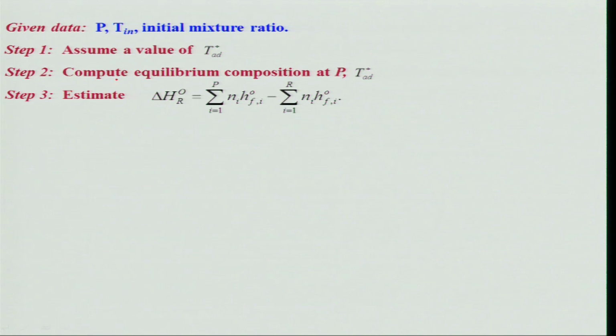So, whatever I have told previously, you need to solve 6 equations to get those compositions, because Kp and other things will be known. So, you will get the composition. Then you will have to estimate the heat of reaction, because you have assumed an adiabatic temperature, you do not really know it. Then estimate the new adiabatic temperature from this heat of reaction, which we had done already by invoking the first law of thermodynamics.